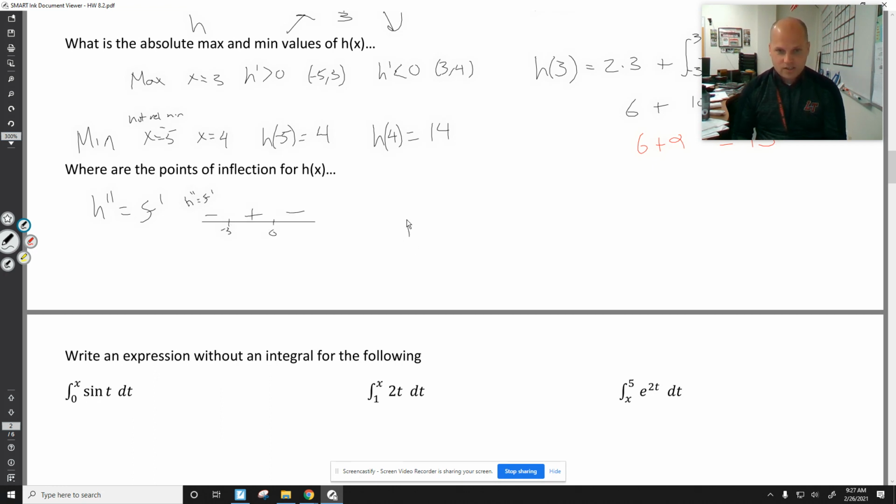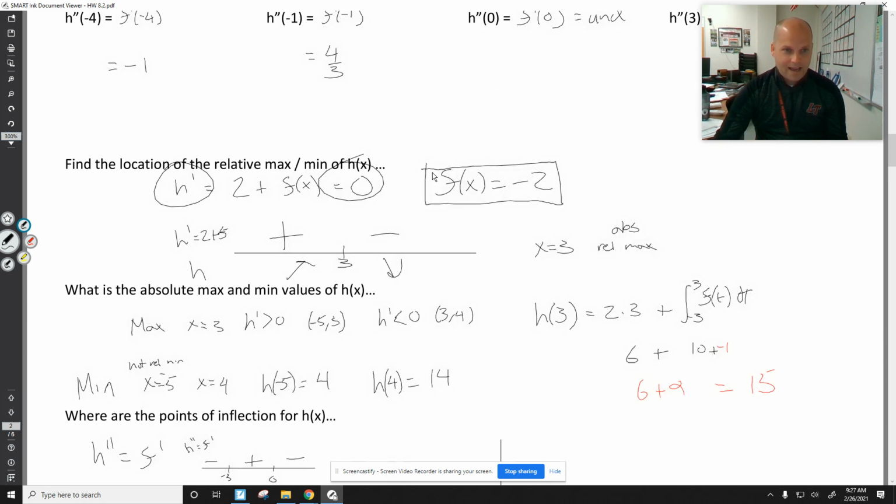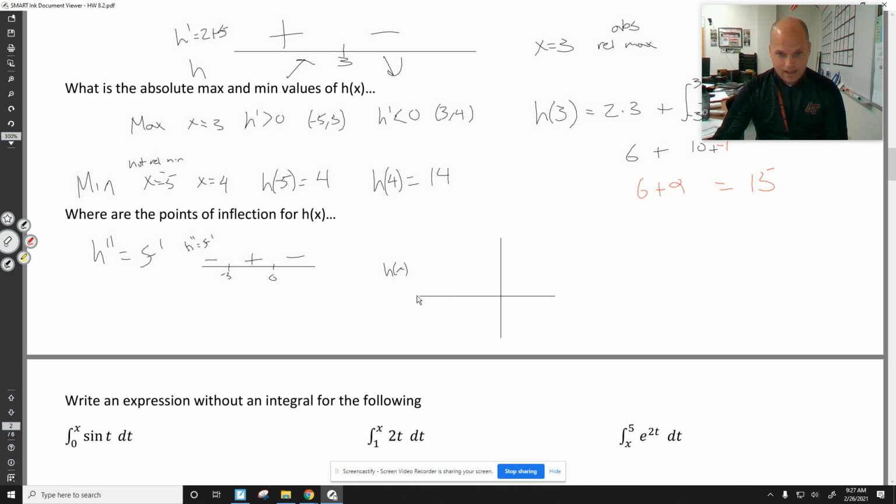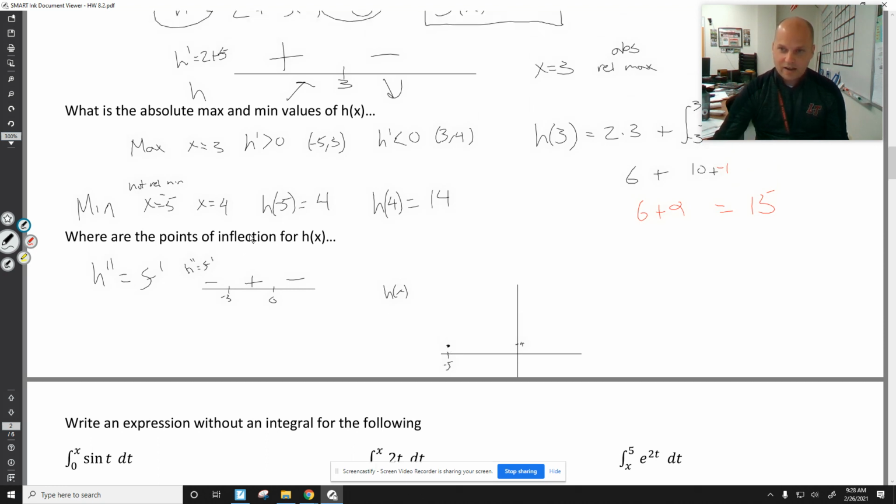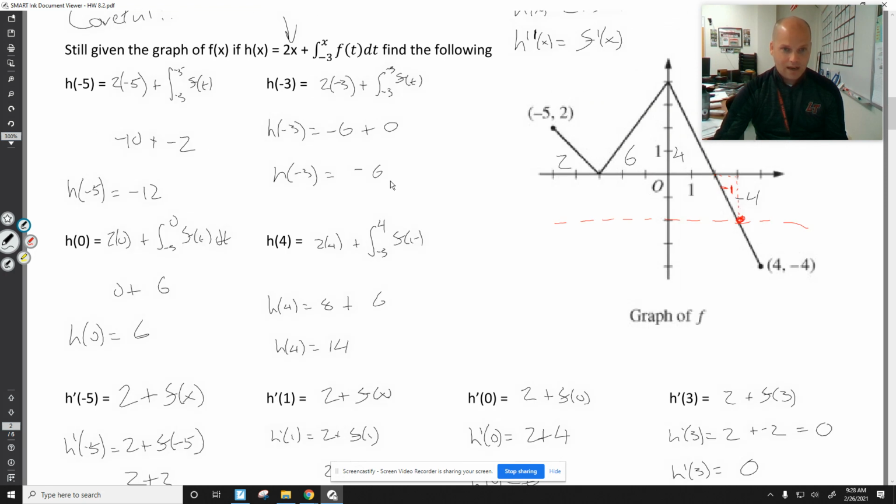We can sketch h. This is what h is going to look like if I put everything together. This is just like what we did back in the day, only we now know that areas under derivatives give us changes in totals. I start at a y-coordinate of 4, right? At -5, I got 4. So I start at -5, 4. Let me put that down here because I'm going to go up a lot. I'm going to be increasing concave down until -3. At -3, I get